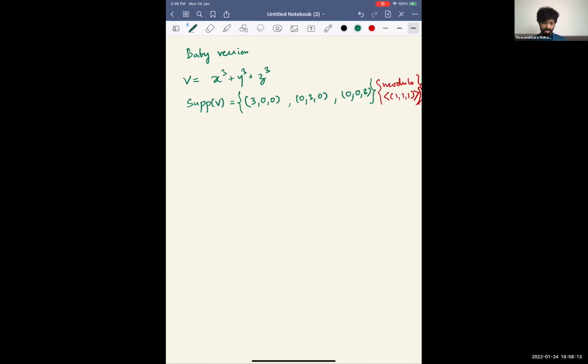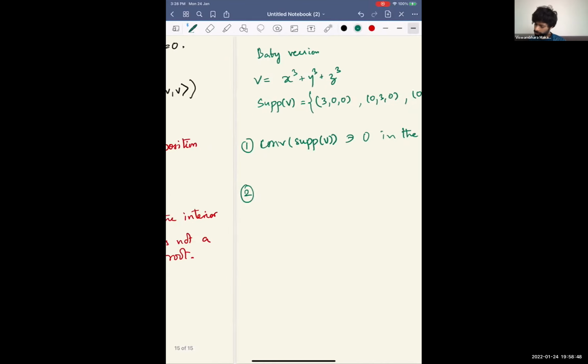It's very simple. Now, you can see that the convex hull of these does contain the origin when you think about it modulo that subspace. Basically, if you add the three of them, you get 333, which is in that subspace that you want to kill. So the first condition, that the convex hull of the support of V contains the origin in the interior, is okay. That's one. The second condition I wanted to look at, let me look at it again,